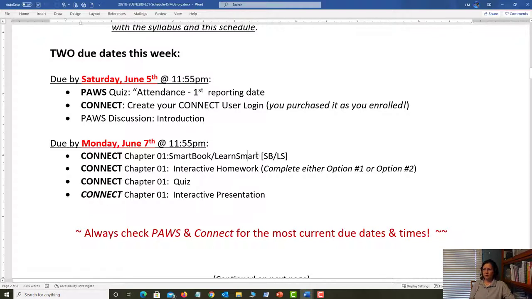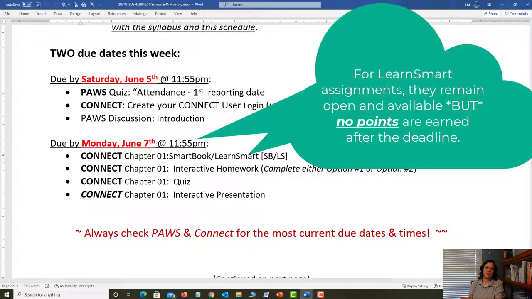Now here's an important thing about this assignment. Notice that it has to be completed by 11:55 on June 7th, but I did say that this is your textbook. And I would never want to say, oh, chapter 1 is done, and close the book and you can never look in the book again. We can't do that. So here's what happens. At 11:56, even if you have the assignment open, even if you're working, you're no longer earning points. The system will stop recording your points. Instead, it just basically is an interactive book at that point. Great for studying and things like that, but at 11:56, it doesn't earn points anymore.